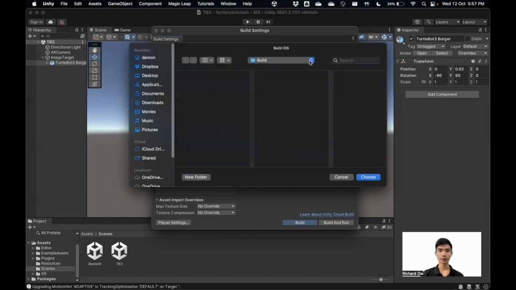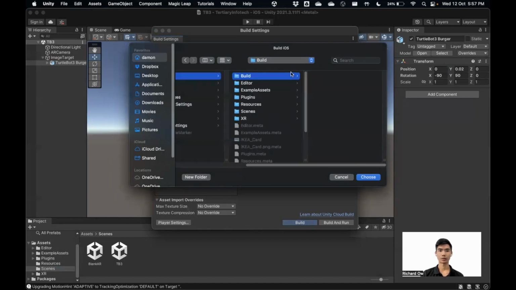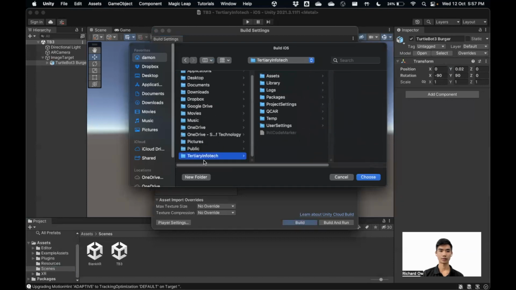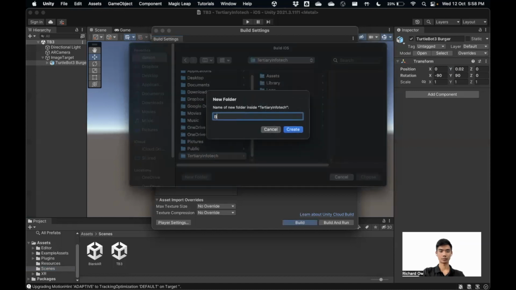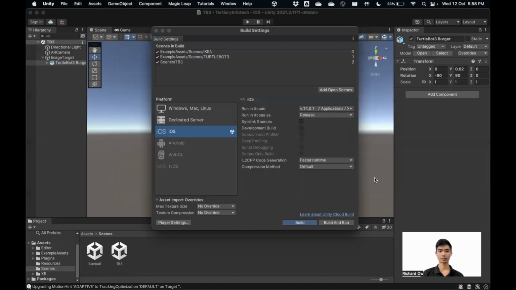Let's go back and check. Okay, so we don't want to have this here. I'm gonna make sure that you create a new folder here. Create a new folder. We'll call it build, and we'll build it here. So once this is done,